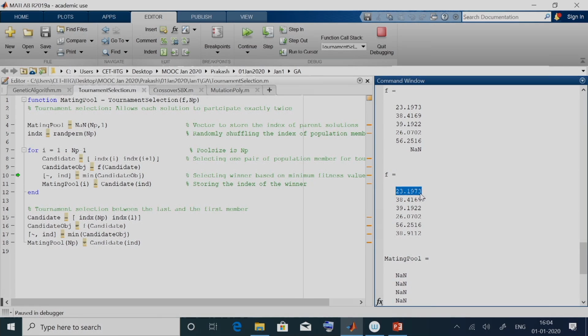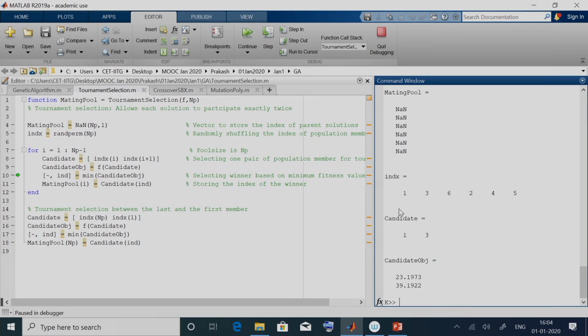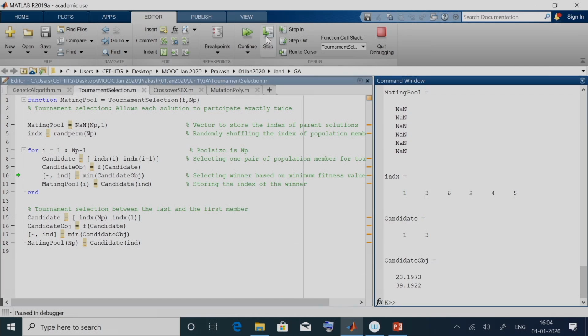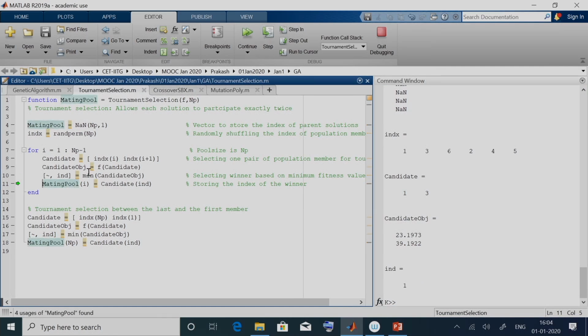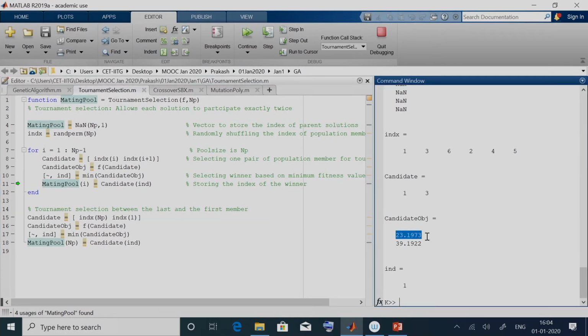We are interested in these two fitness values because we are conducting a competition between the first solution, whose fitness function is 23, and the third solution, whose fitness function is 39.1922. Between these two we will find which one is minimum. The minimum is the first one, so the value of ind is 1.